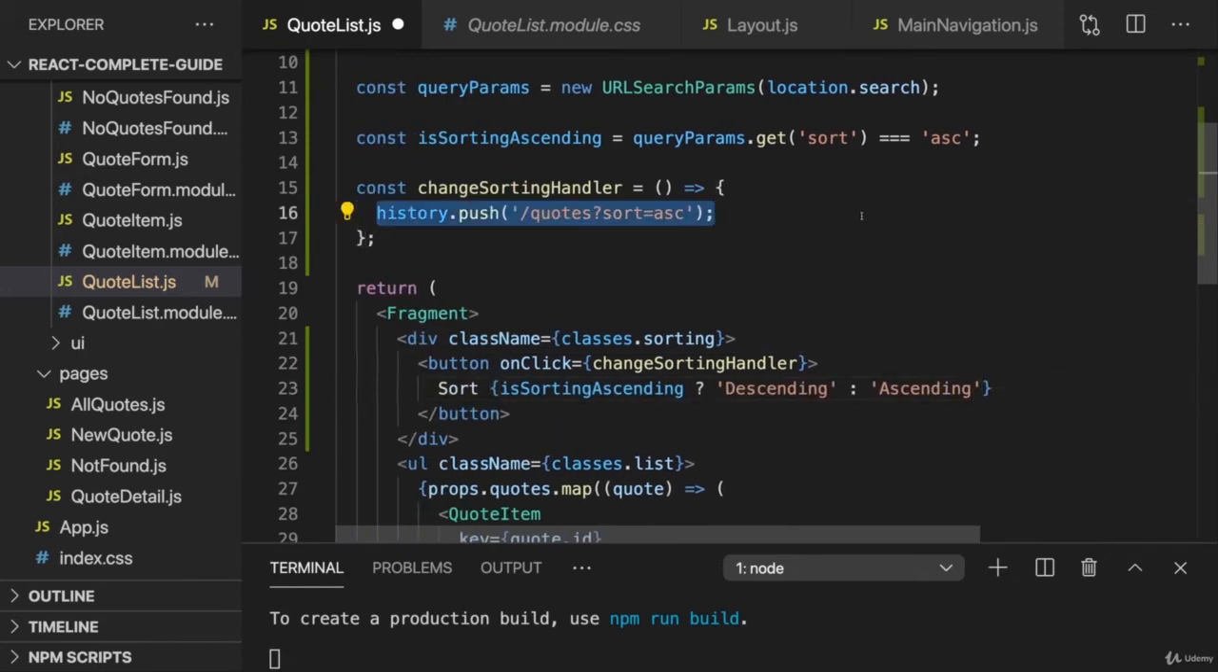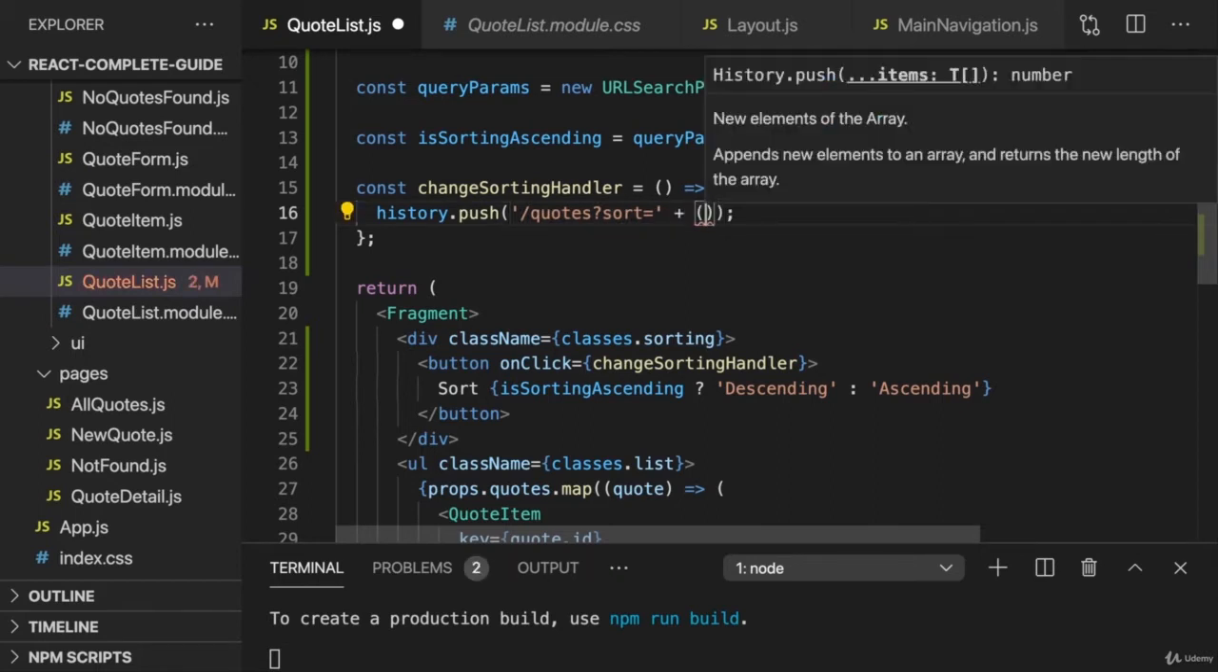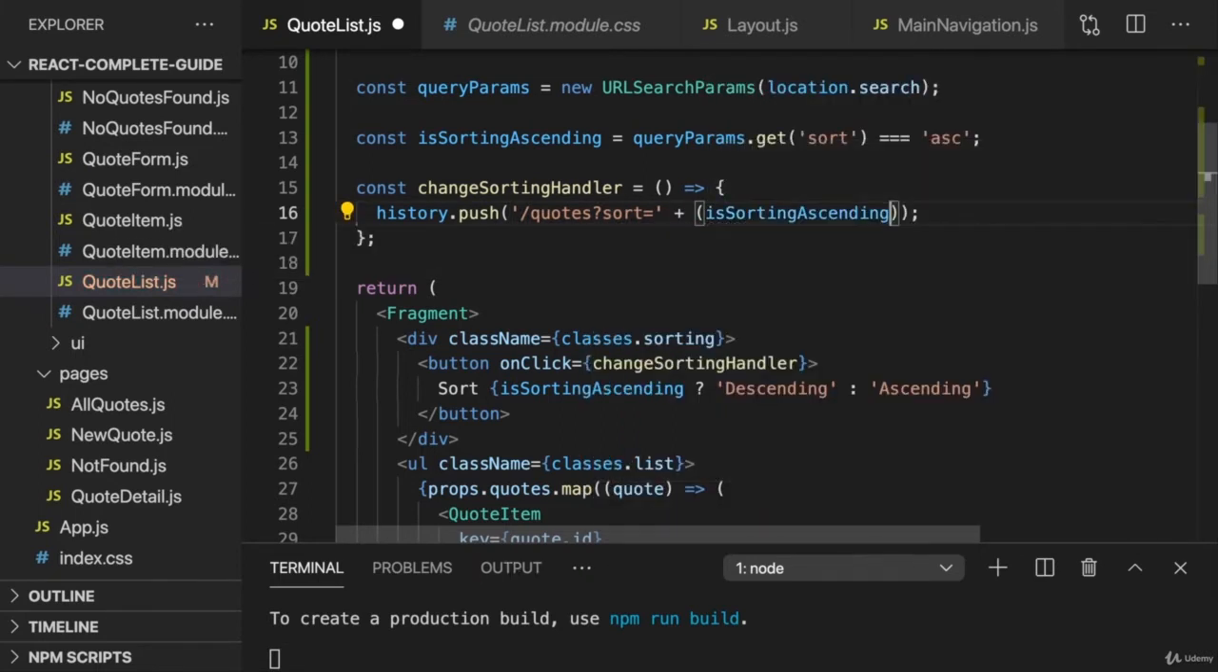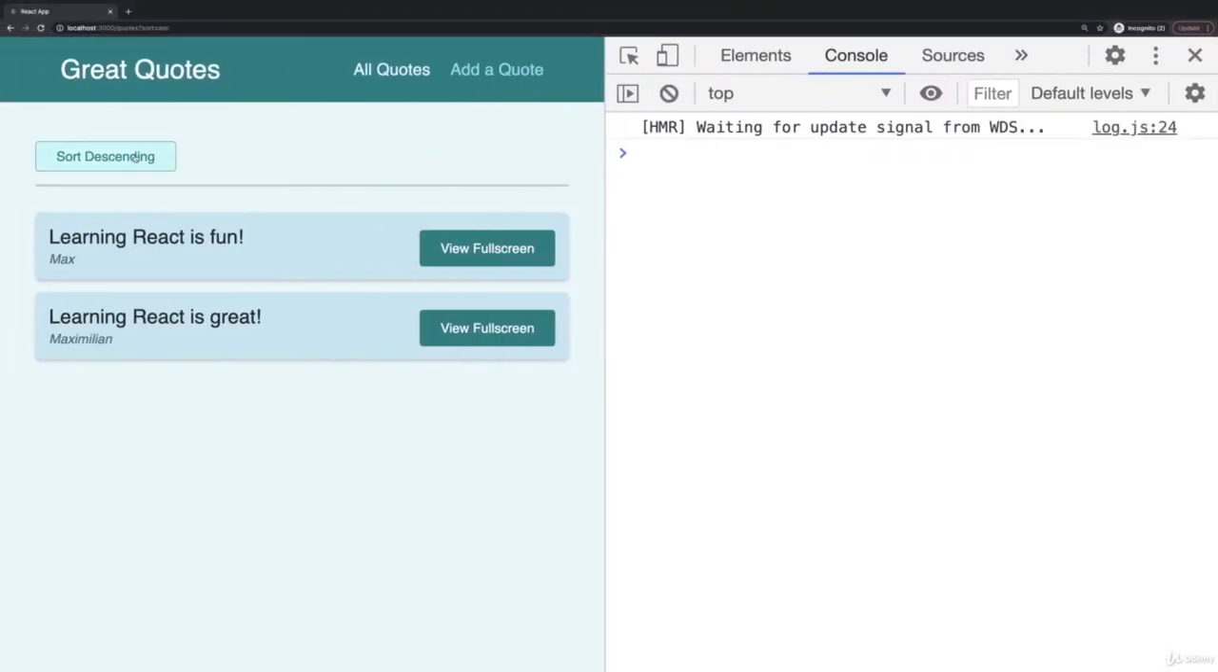And I also want to make this dynamic now, how we change our URL. I don't always want to set the value of sort to ASC. Instead here, I want to check if sorting ascending is true, which means we're currently sorting in ascending mode. And if it is true, I want to switch to descending mode, and only if it's false. So if we're not yet sorting in ascending mode, I want to switch to ascending mode. And with those changes made, if we save this, we see that if I now click this button, the URL